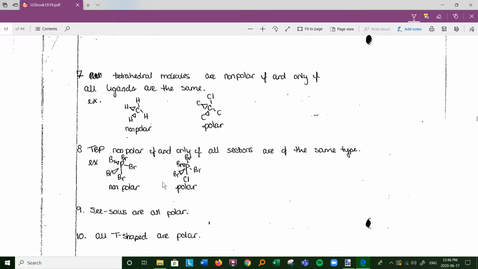Tetrahedral molecules are only nonpolar if all ligands are the same type. If they're different, even one different than the others, then it's polar. So methane, for example, is nonpolar, but